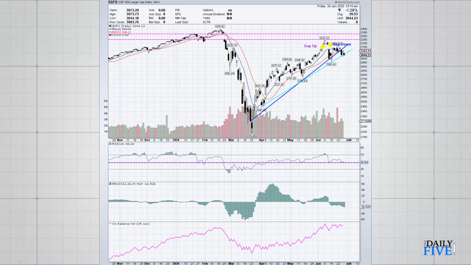The price in early June has another island reversal. You can see where the yellow circles are. We have the gap up there, and we have the gap down. Between these pink lines here, back from February, we had this large gap. This was the beginning of the severe decline, and price again just came up and tested that area,